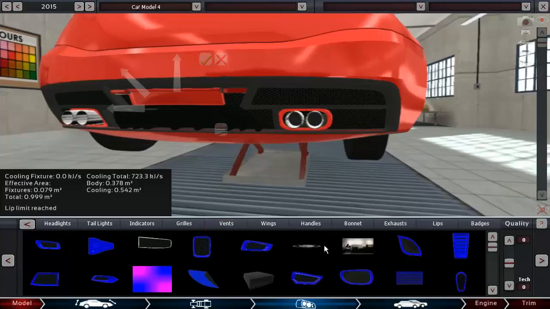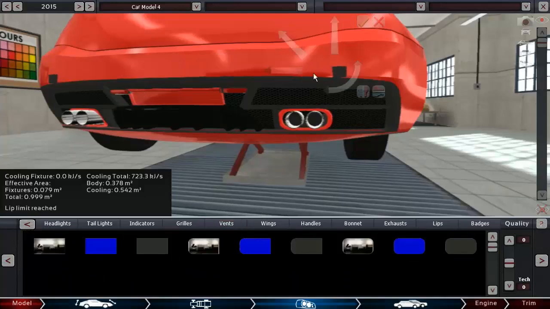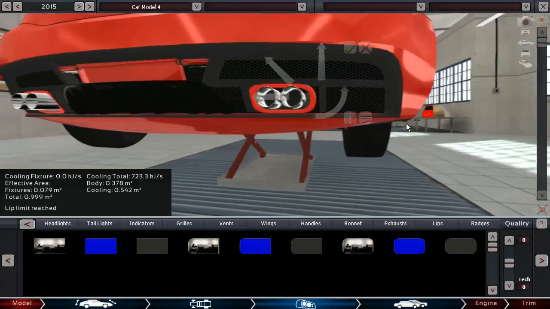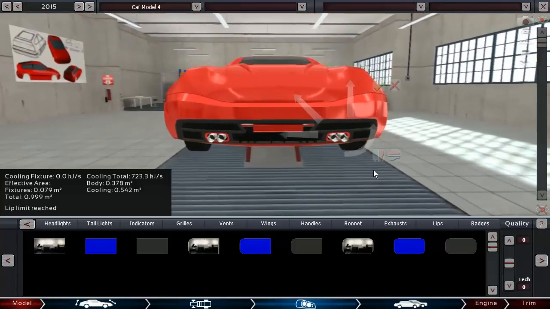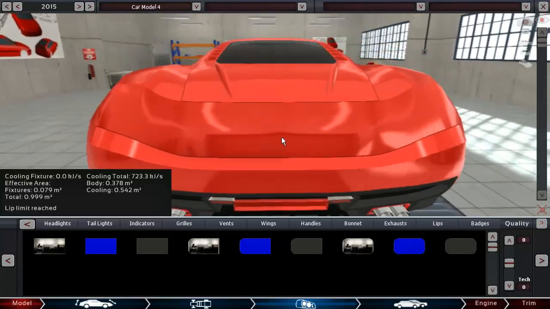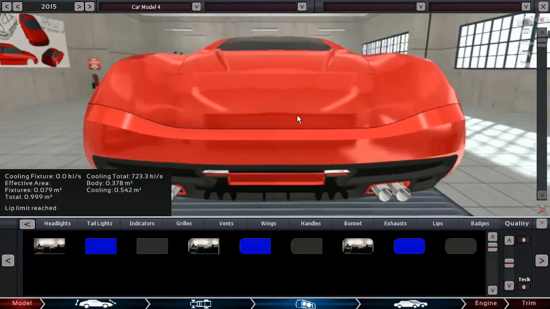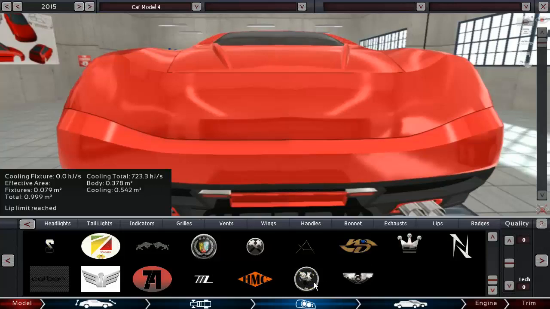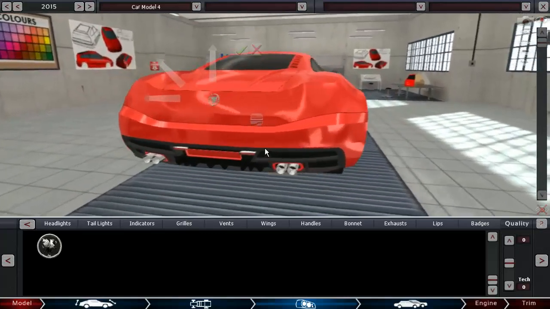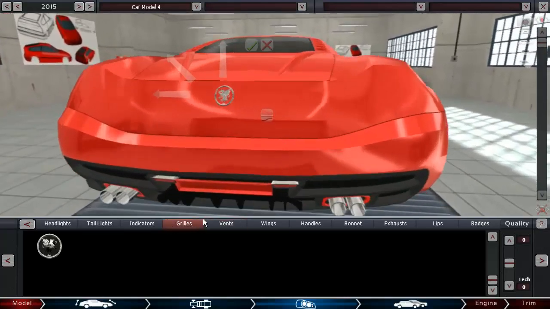And we can put down some more of these things outside of the exhausts, like that. And I think we should now get to the taillights. First I'm gonna put down a badge like right here, and one